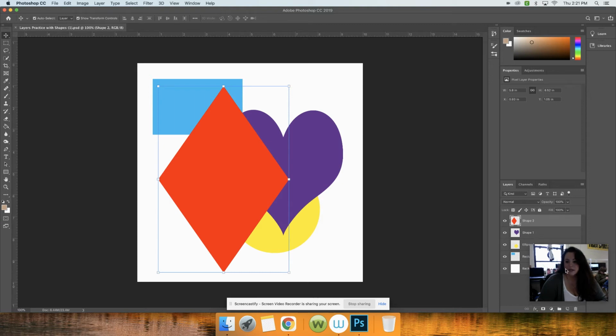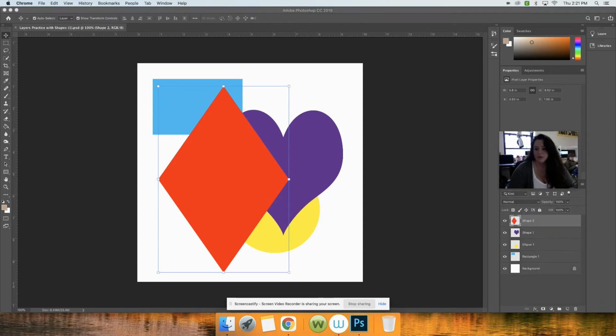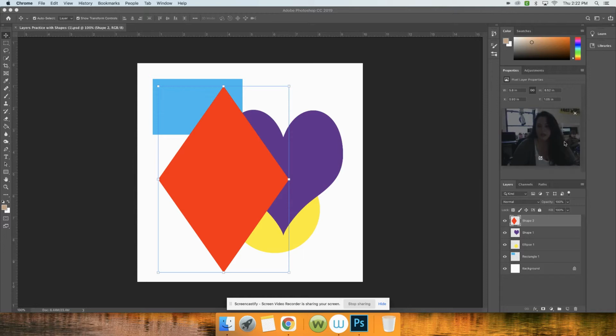All right, so for this assignment, we are going to work on practicing changing our layers, renaming stuff, and editing individual layers. So once you open up this layers practice with shapes file, you'll see that you have some different layers here. The first step we're going to do is rename each individual layer based off of what